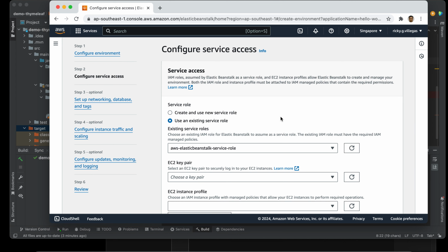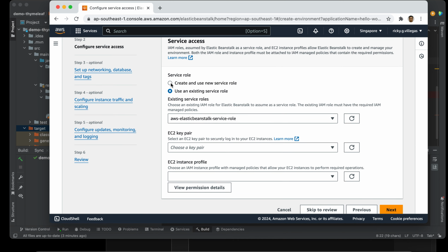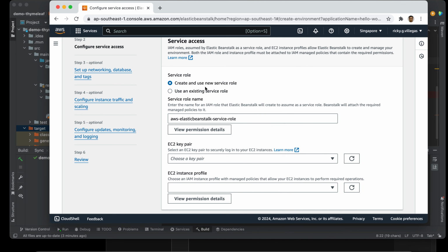Then we create a new one for the first timer. The default is use an existing service role because I have an existing one, but for a first timer you have to choose create and use new service role.